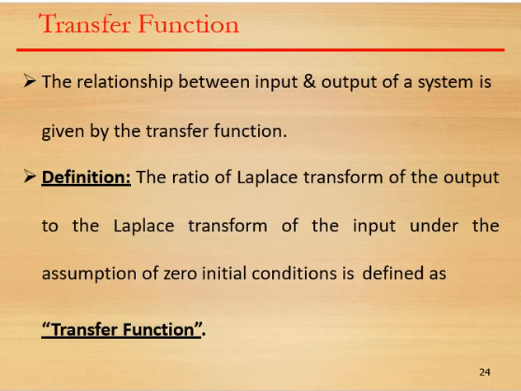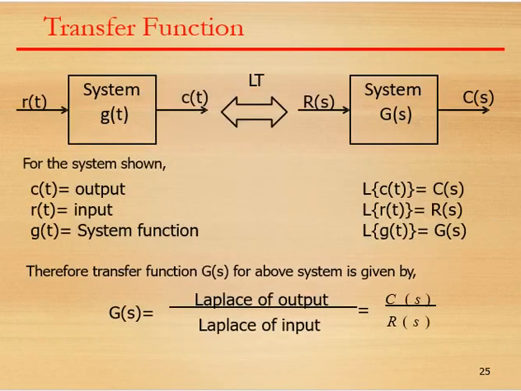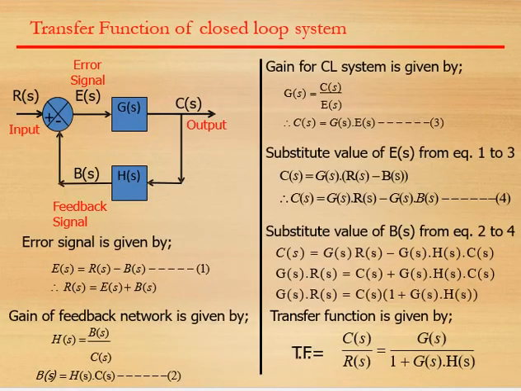After that we started the most important part in this chapter, that is the transfer function. We saw that the ratio of the Laplace transform of the output to the Laplace transform of the input is nothing but the transfer function. We saw the transfer function of an open loop control system. Then we derived the equation for the transfer function of a closed loop system, that is TF is equal to C(s) by R(s), which is equal to G(s) divided by 1 plus G(s) into